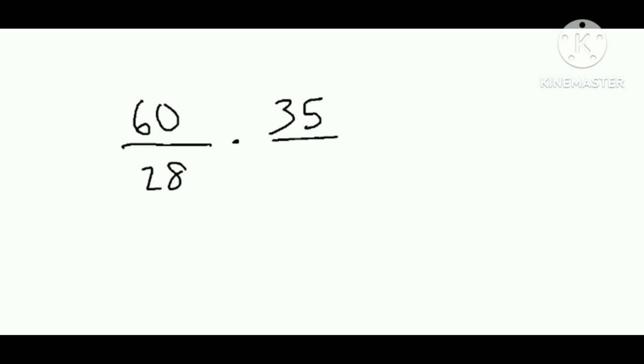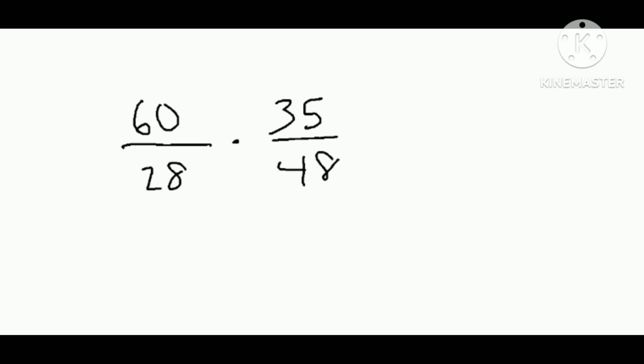But now let's say if you have two fractions that contain very large numbers. Let's say you have 60 over 28 times 35 over 48. What would you do in this case? Would you multiply across? Now, when multiplying fractions with very large numbers, it's going to be very helpful if you can break those numbers